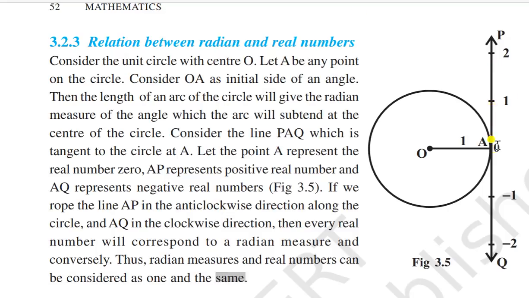So what we do is we take this line and we put it like this. We pull it like this. Let's say this is 1. The unit of this is 1 centimeter, and this is 1 centimeter. This is minus 1 centimeter, and this is minus 1 centimeter. So when we rope it like this, if this is the initial